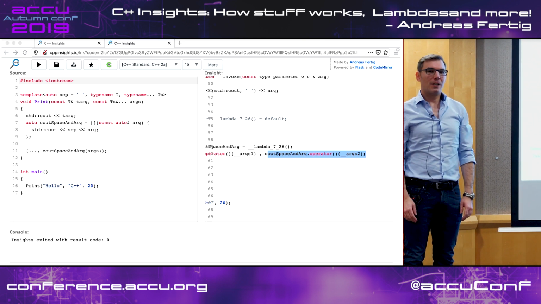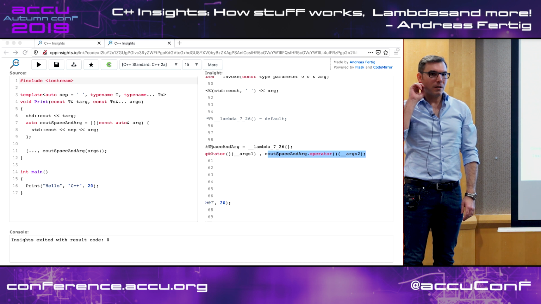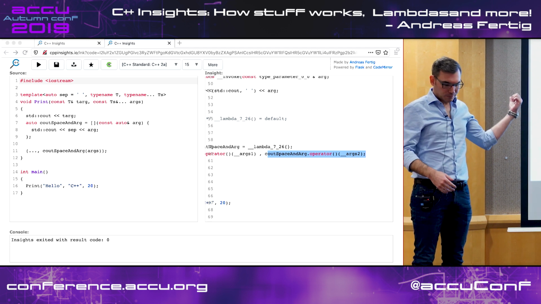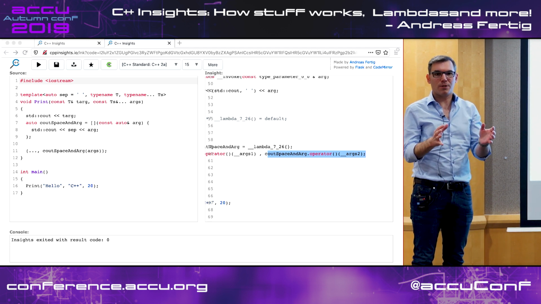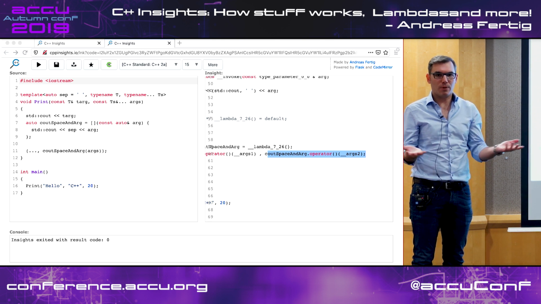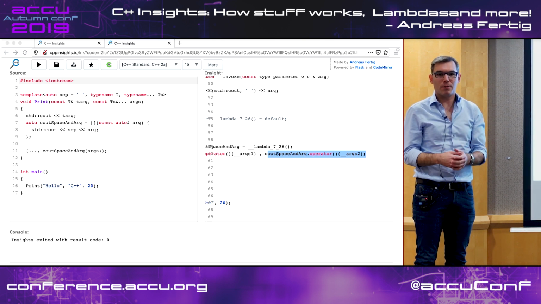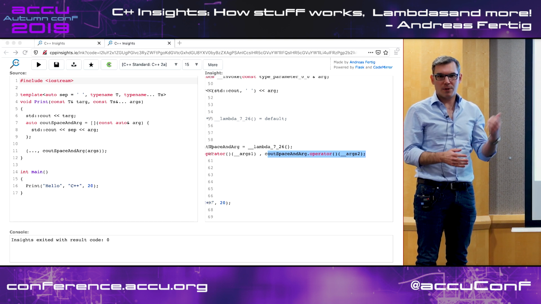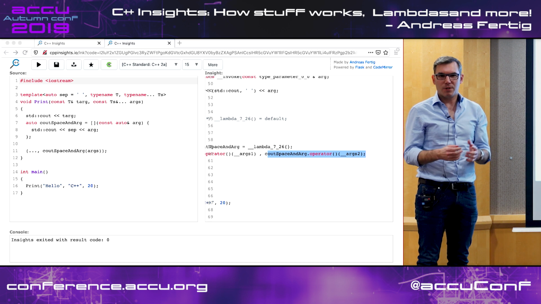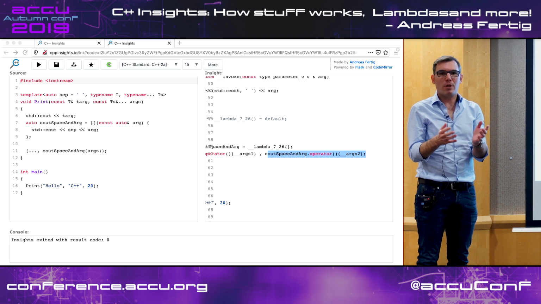Yes? You mentioned something about the CLI version. The CLI, an interface to run the translation to get output to a file, or is it only on the web? No, in fact what this thing does is invoke a Docker container which has the tool installed. So you get a command line version of it. That's the default. You can download it for Ubuntu on the GitHub page, and for Mac you can build it yourself. There's also a Windows version recently, but I haven't used that one. So it's a Clang tool, like clang-format, like clang-tidy. You can invoke it from the command line, and you will get the output to stdout.